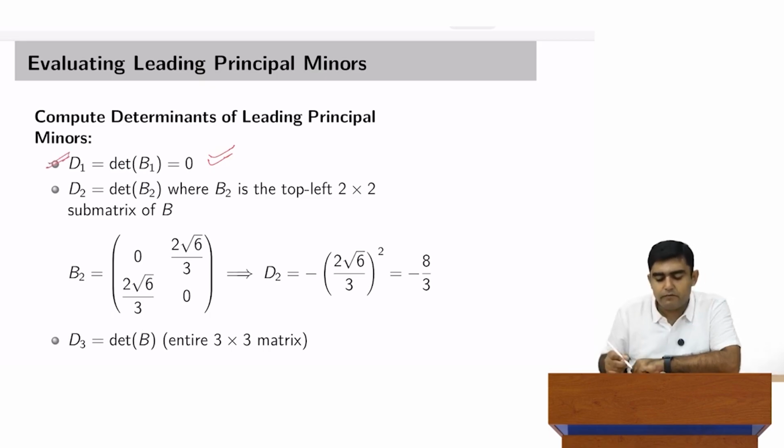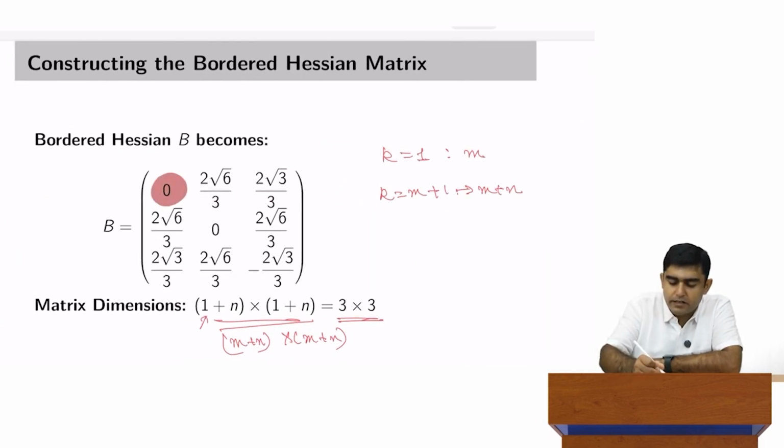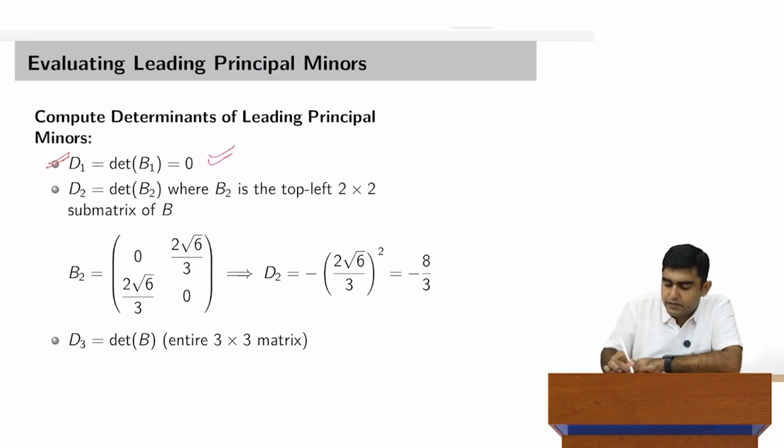So, I will write D1 as 0. Now, let us go with second matrix D2. Again I will highlight it in different color. This will comprise of these 4 elements. Now, if I have these 4 elements colored, what I will do is that I will take it out separately,